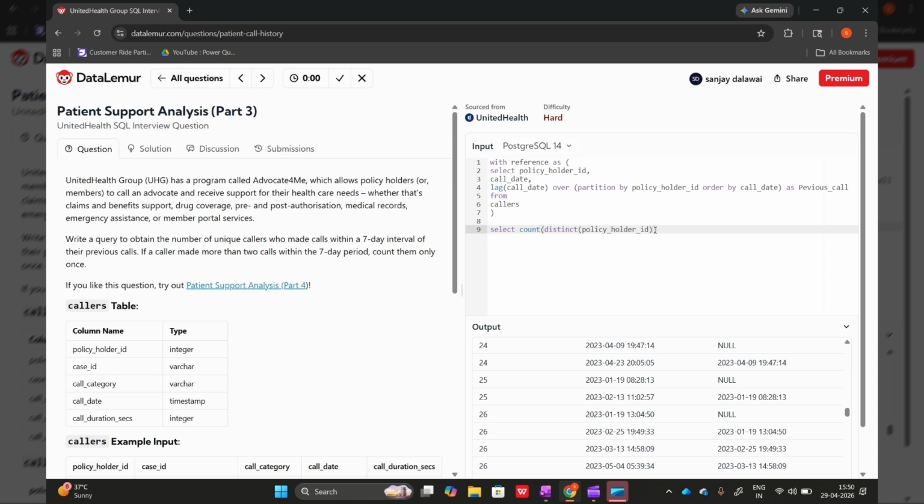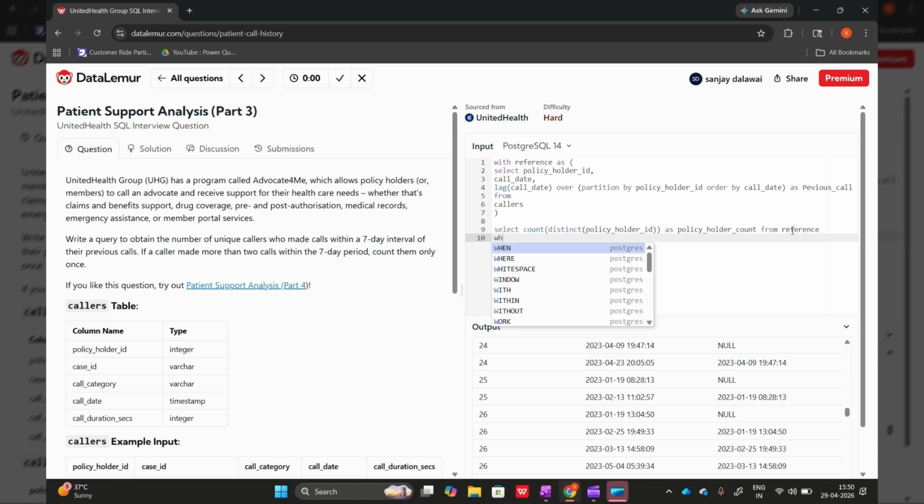I will rename it as policy holder count, from the reference. And now I will be writing the filter condition where